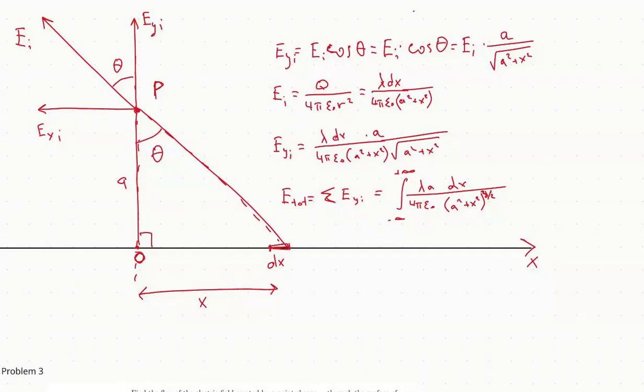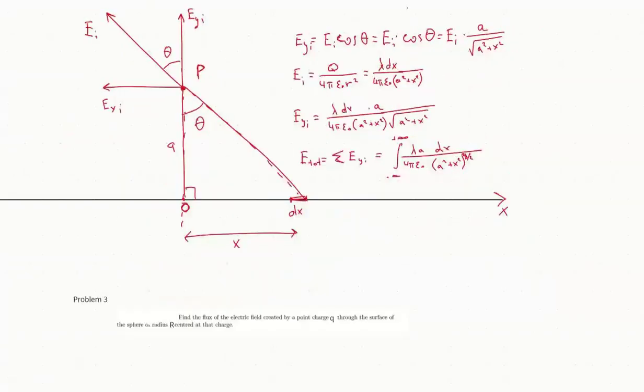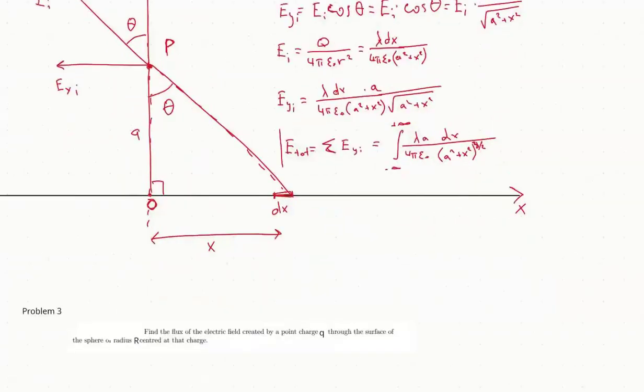Okay, while it's loading, I might have made a mistake, but the idea is that you add up all the fields. So using the principle of superposition, you get this, and you should get, once you do this integral,